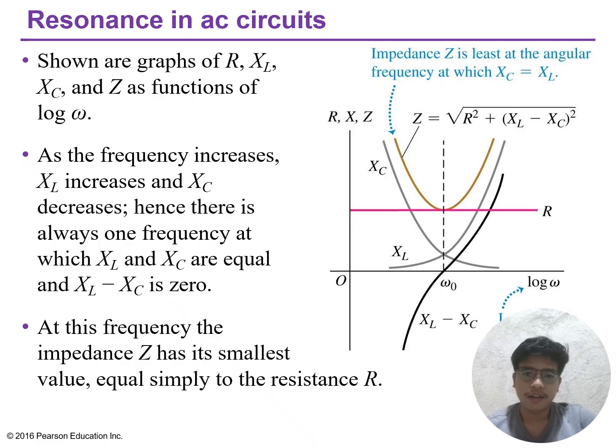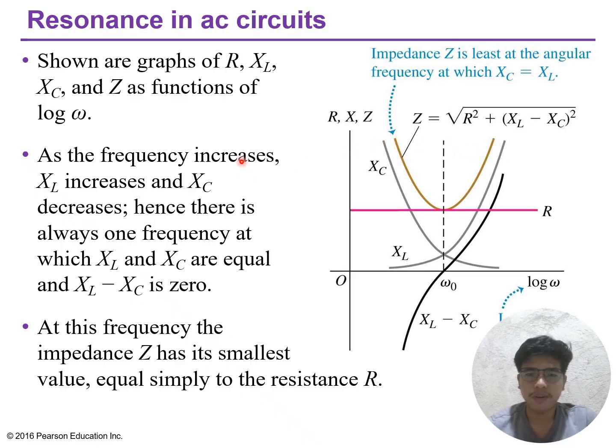So the graph plots resistance R as a flat horizontal line, inductive reactance X subscript L rising straight with the log, capacitive reactance X subscript C as a hyperbola falling with the log, and the total impedance Z equal to the square root of R squared plus the quantity X subscript L minus X subscript C, squared, versus the